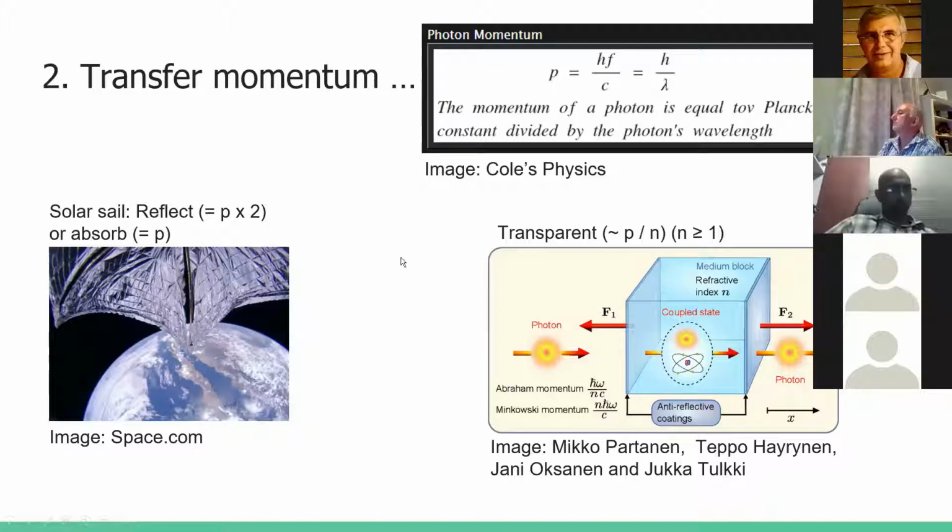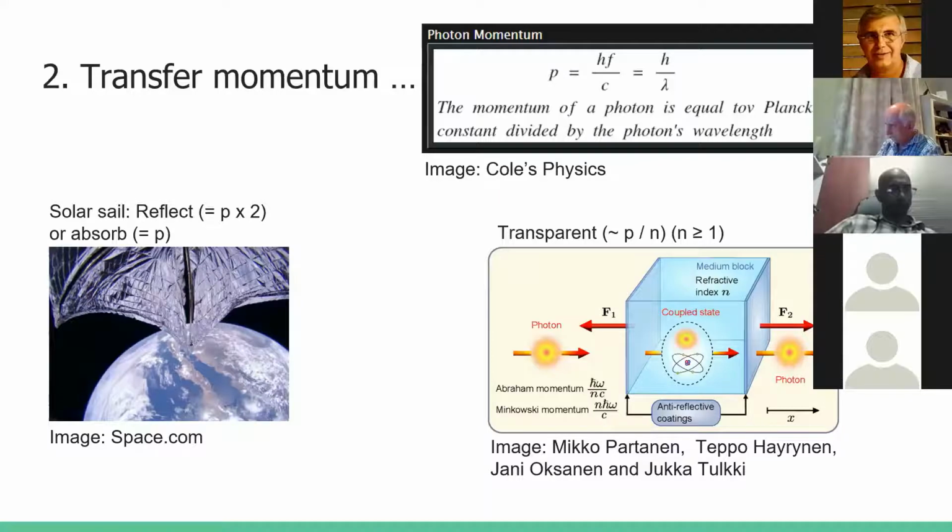In the case of transparent matter, it's a little bit different. A photon slows down, for instance, visible light through glass or through water slows down in the transparent medium while it is in the medium. Once it's out the other side, it resumes its velocity as it would in whatever that medium is, be it air or vacuum. So while it is in the glass, being slowed, it is transferring momentum to the glass. The balance of the momentum is effectively being given to the glass, and it is pushing on the glass while the photon is in the glass.